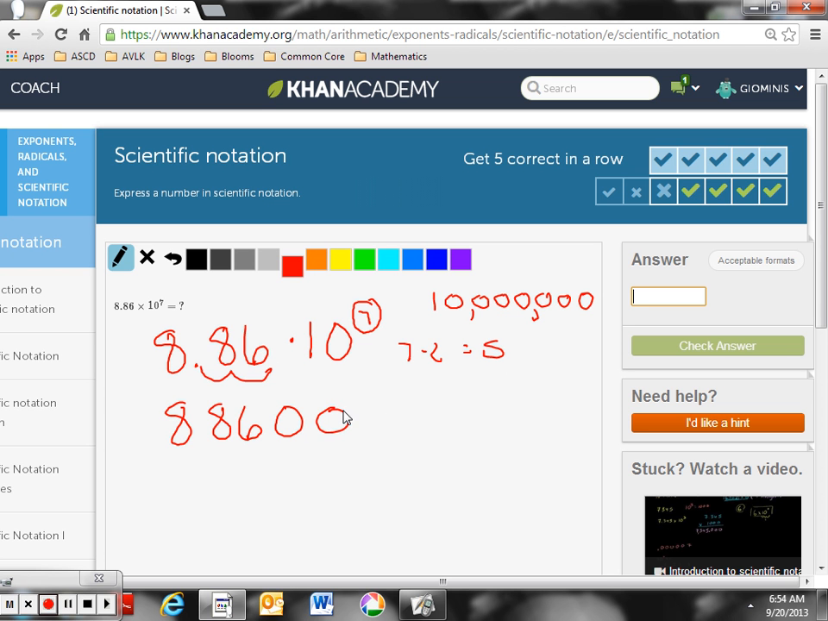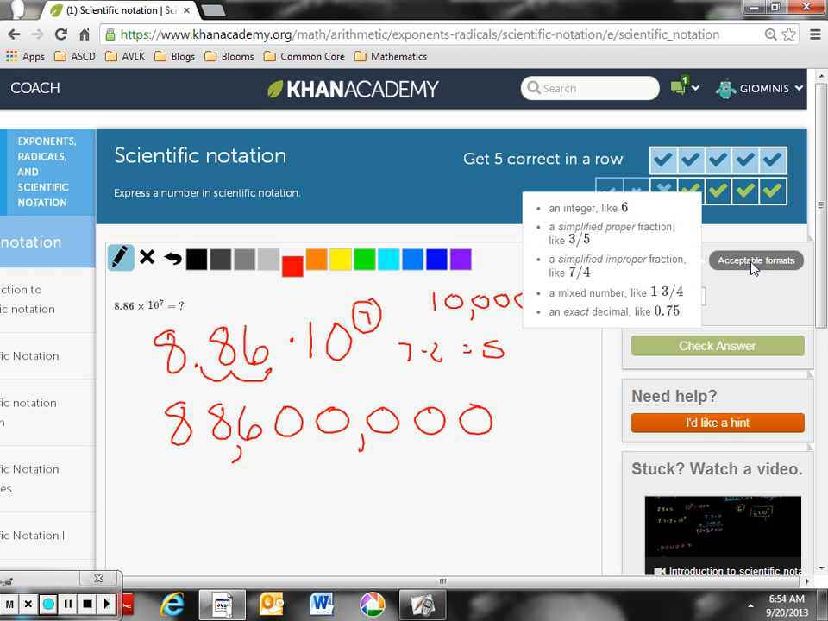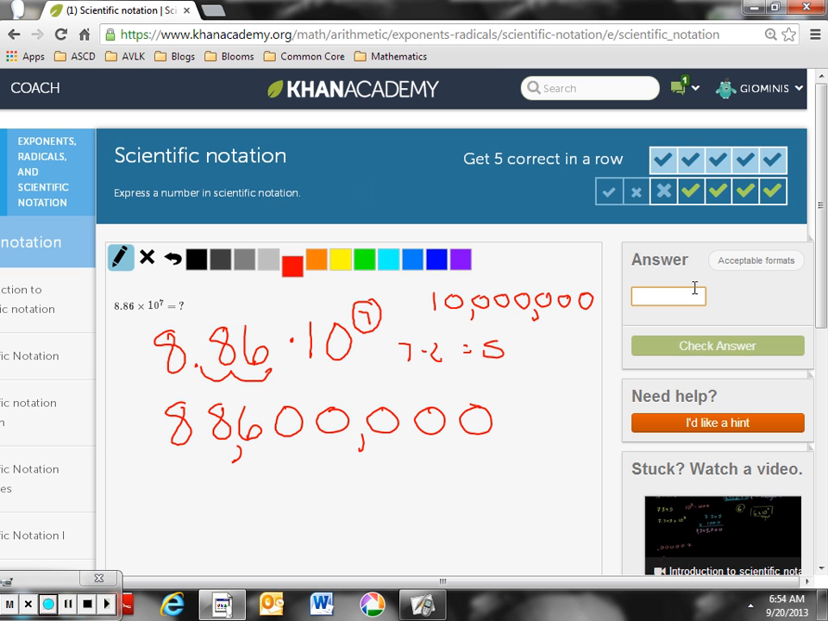1, 2, 3, 4, and 5. Now, in this skill, I do not need to put the commas in it. And again, I can always check the acceptable format. It says like an integer. I don't need to worry about fractions. So I'm going to put in